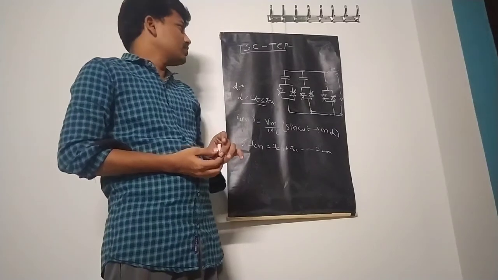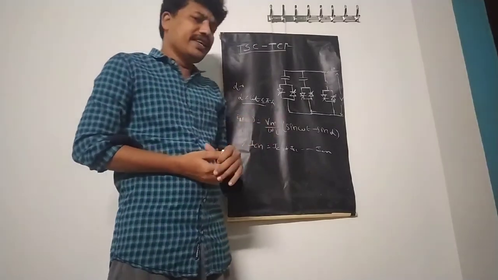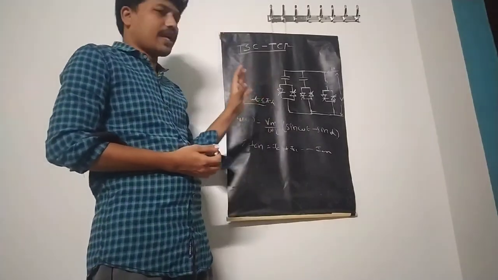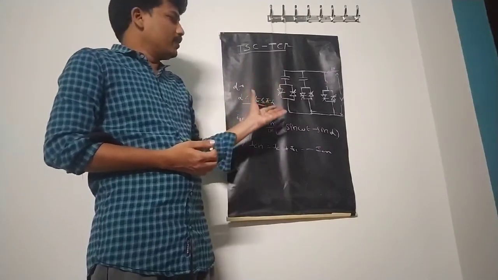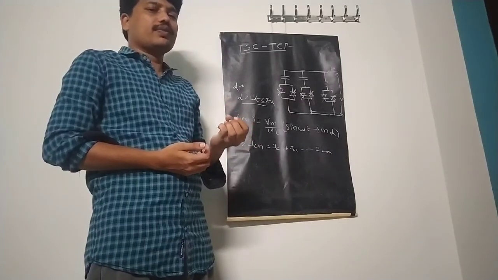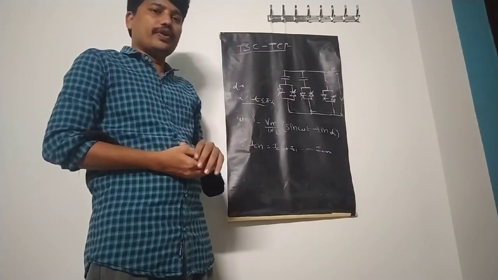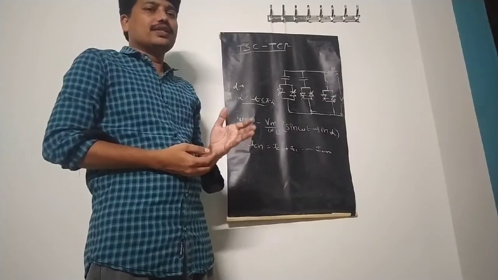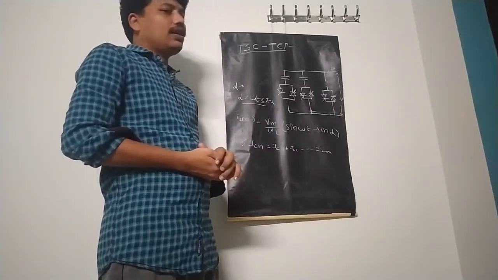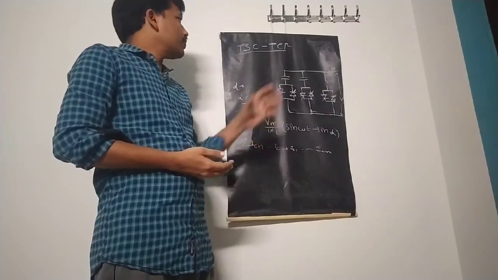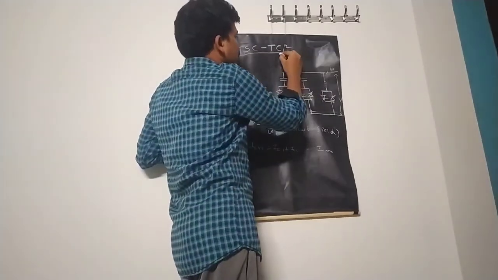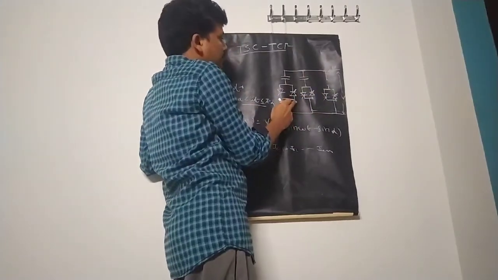So it is a combination of two, the TSC-TCR. What is the need for this TSC-TCR combination? It is one type of static var compensator, of the first generation type. By using this we can achieve more power system stability. That means the power transfer capability is increased and power oscillation damping is improved. Compared to the fixed capacitor TCR discussed in the previous section, it has more advantages. So here in the TSC-TCR, this is the thyristor controlled reactor and this is the thyristor switched capacitor.